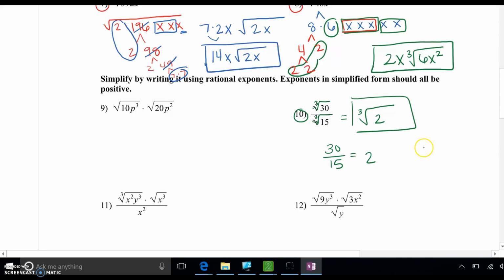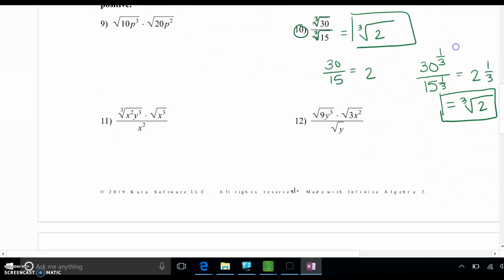Okay, I could do it another way too. I could say, okay, 30 to the 1/3, if I put it in exponential form, over 15 to the 1/3. Okay, I'm going to have 1/3, and I divide, and I get 2 to the 1/3, which gives me the cubed root of 2. Okay, same answer, just different ways of doing it. Okay, if we look at number 12,